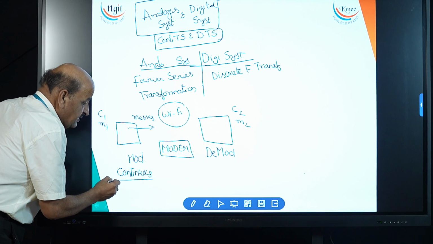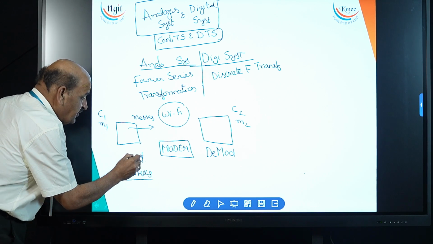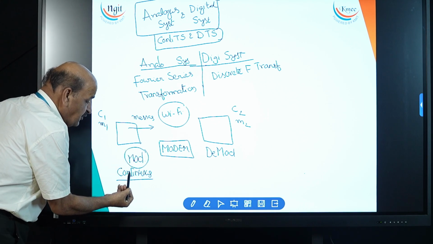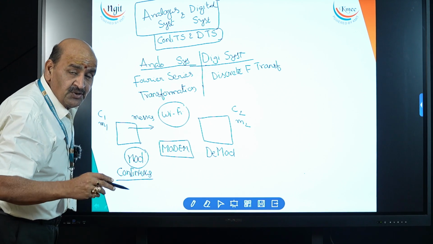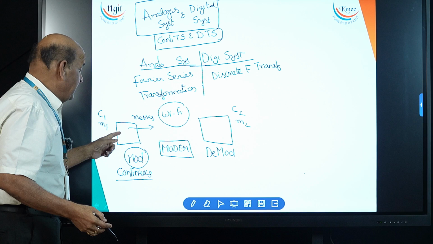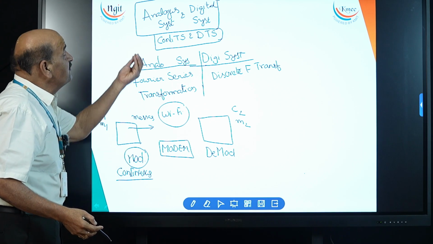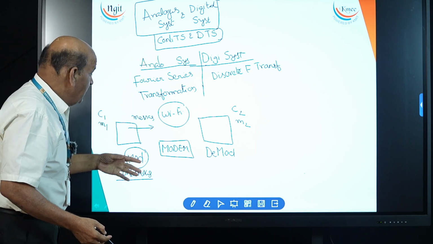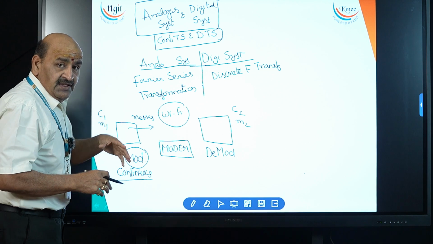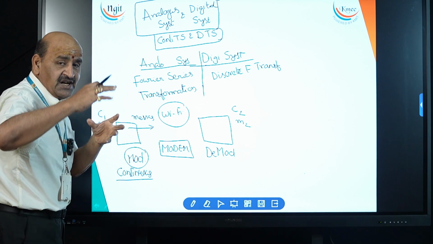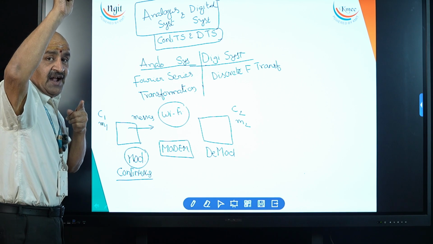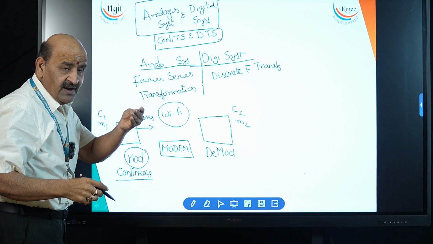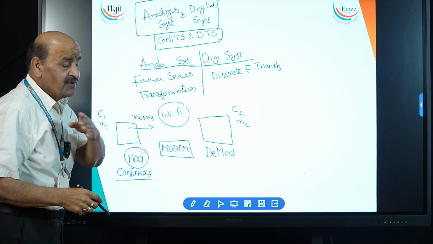These continuous messages, by using modulation, will be converted into digital. That means this continuous message will be converted into digital form by our mobile or computer. Then it will be sent, message from mobile to mobile, to which one? Satellite. From the air to the satellite, the digital formation has to travel and reach the satellite. Then the satellite gets the address of the message.